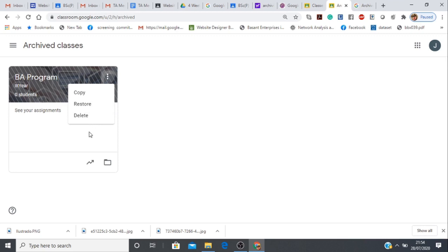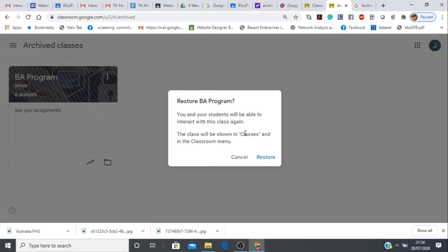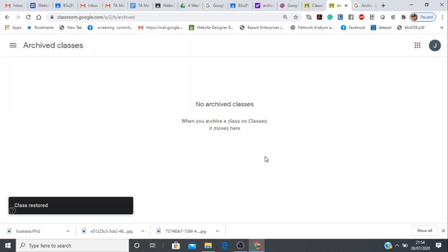You can delete a classroom only if you have archived it earlier, and archived classrooms can be deleted forever later. But if you want this classroom in the next year or semester, we can just restore it. Once I click on restore, it will ask me, do you want to restore? It will be visible in your classes and the classroom menu, and I say yes. So there is nothing in my archived classes now.